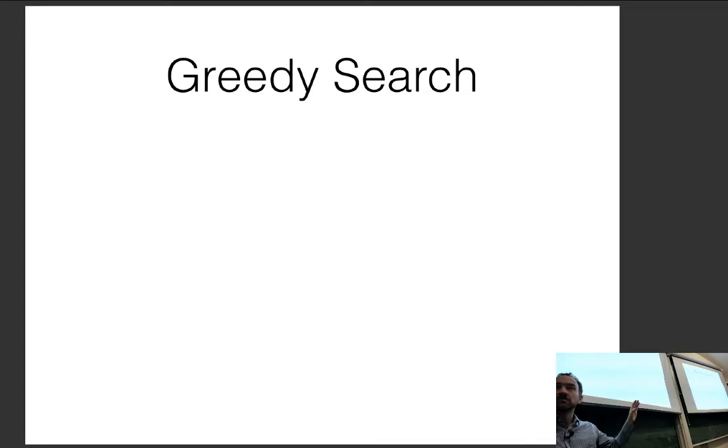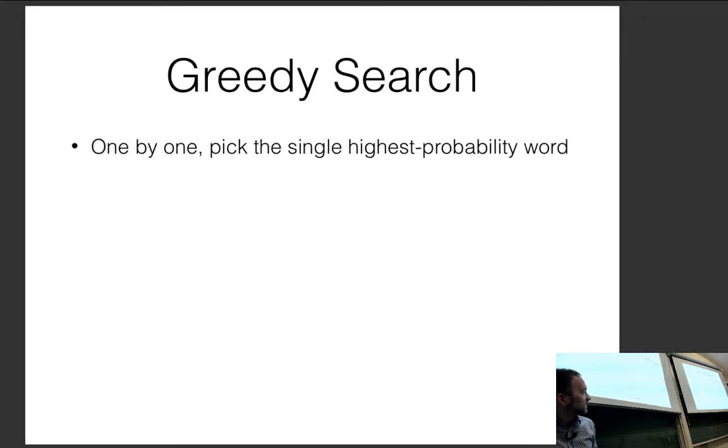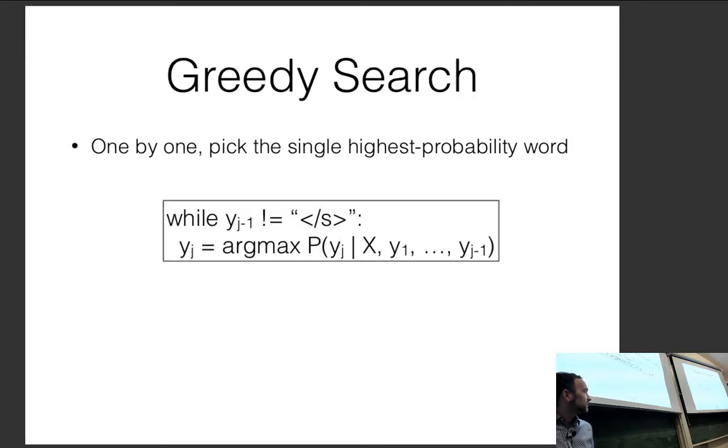The reason why I'm pointing this out is this is in contrast to any sort of search algorithm, where there's no efficient search algorithm to do search over an arbitrary model to find the highest scoring output. So basically, one thing that we can do is greedy search. One by one, we pick the single highest probability word, where we step through and pick the next highest scoring word. But this will fail